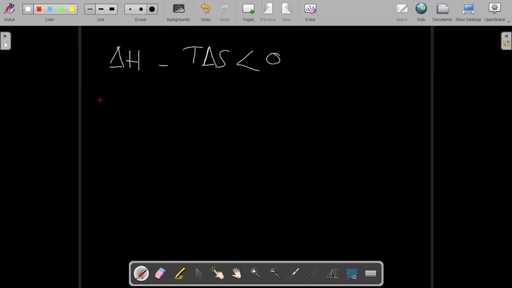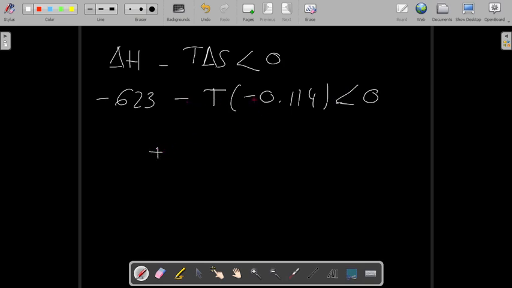I'm not going to put units for right now. Minus 623 minus the temperature multiplying minus 0.114 has to be smaller than 0. Let's move on. This goes on the other side. So that becomes positive. Minus times minus. So 0.114 multiplying the temperature. Positive